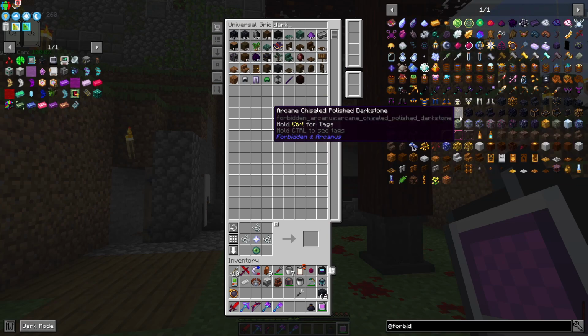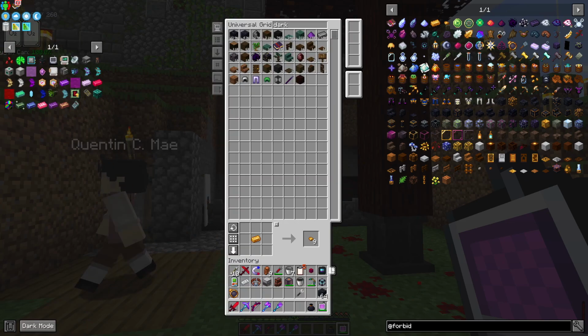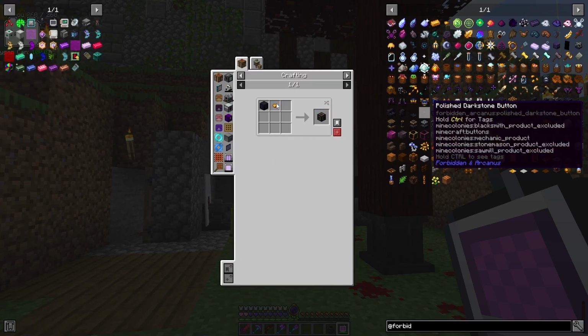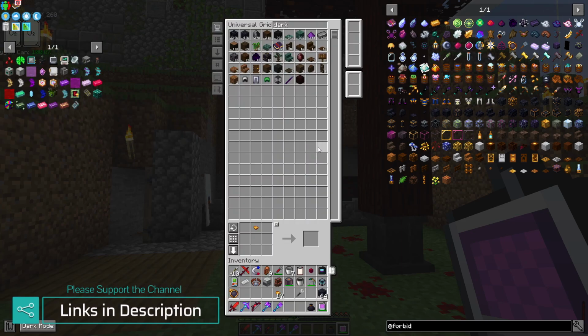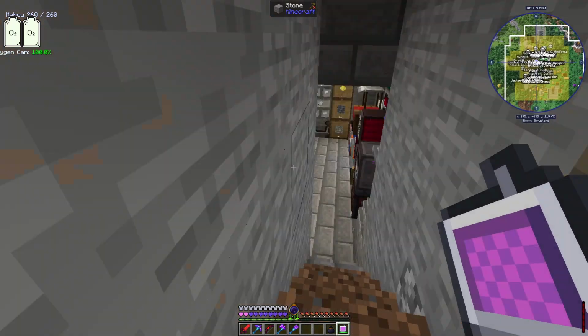Okay, so I want some of these nuggets. Grab some of that. So I wanted, what, 9 of these? Ooh, let's make the polished. Chiseled polished, really? Darkstone, the chisel polished. Cool, let's grab another stack of this and...